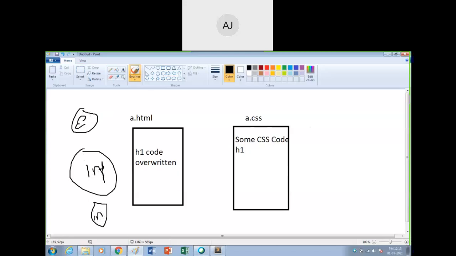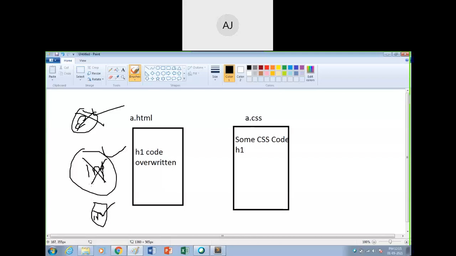If the code is written in external and you are writing in the head section as internal or embedded, then this will be overwritten. This code will be cancelled and the internal one will be executed.